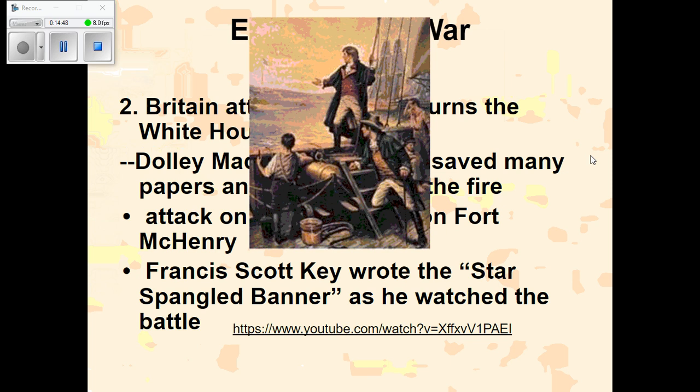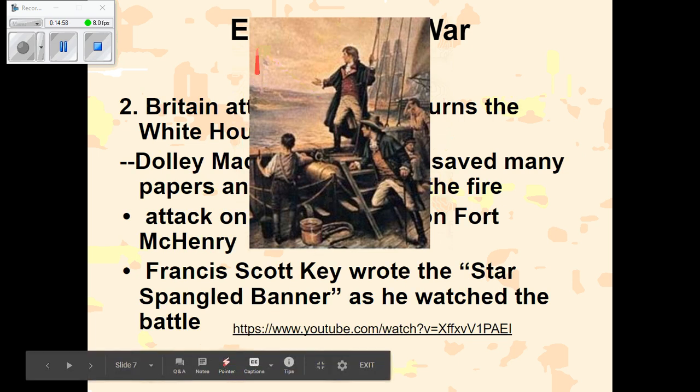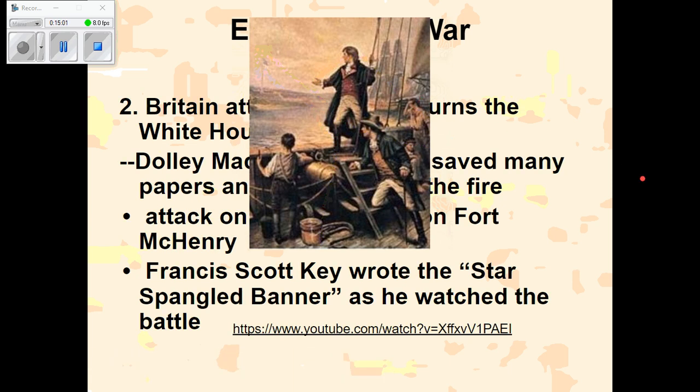hammered by the British, and on the outskirts of this fort, and you can kind of see this in the background here with this little flag, you see there's this guy standing up on this boat, and this guy was a poet. His name was Francis Scott Key. And from this battle, he ends up watching the battle and seeing how the flag was still there as the fort was getting hammered by rockets, and the rockets' red glare, and that through it all, the flag was still there.